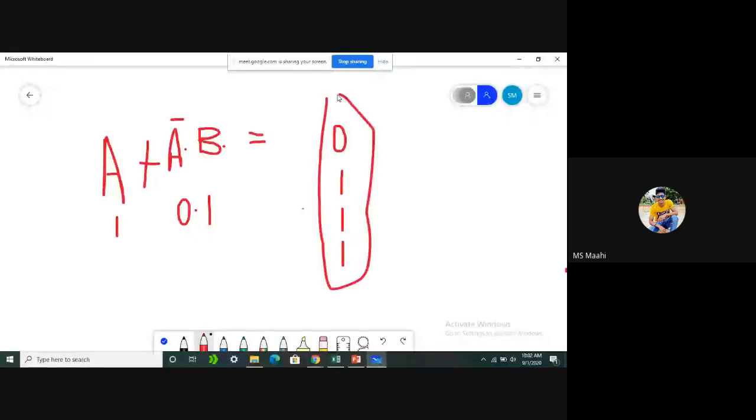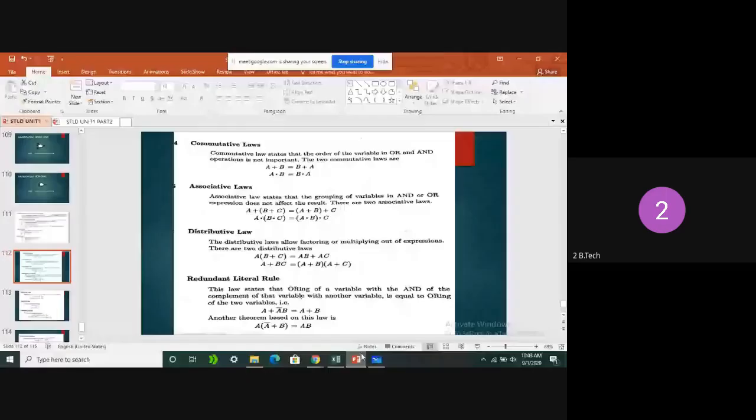A OR B. Yes, sir. A or B. Clear? If you take the output form of the OR gate, this rule is always equal to ORing of A and B. Clear all of you? Yes, sir. Okay. Similarly, the next one is A bar of A plus B equals AB. Next formula, we can solve it directly. A into A bar is always 0. AB will only remain.